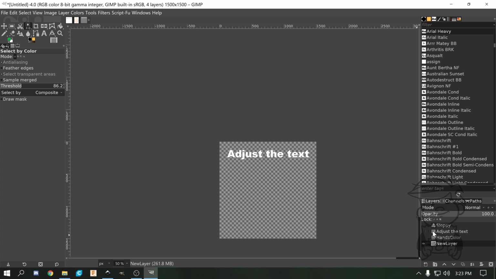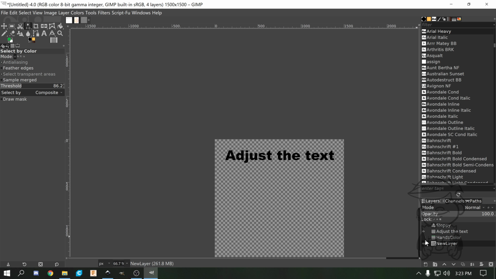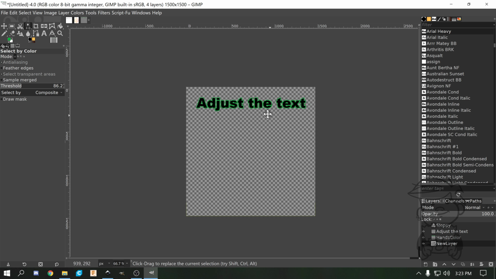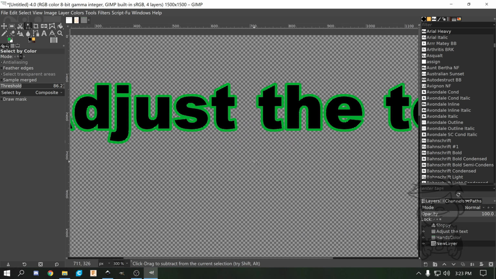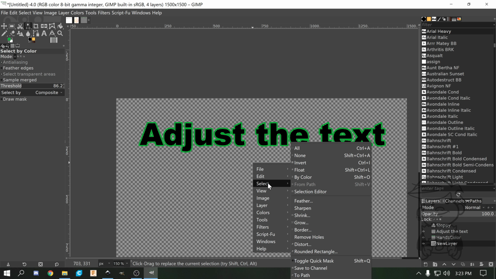That one is a lot easier than the first one I told you, but you'll understand in a second how they both have their uses. This one was by far easier for single color text and stuff like that, easier to adjust. That's basically how to make your text thicker: just by having it selected, going to Select and